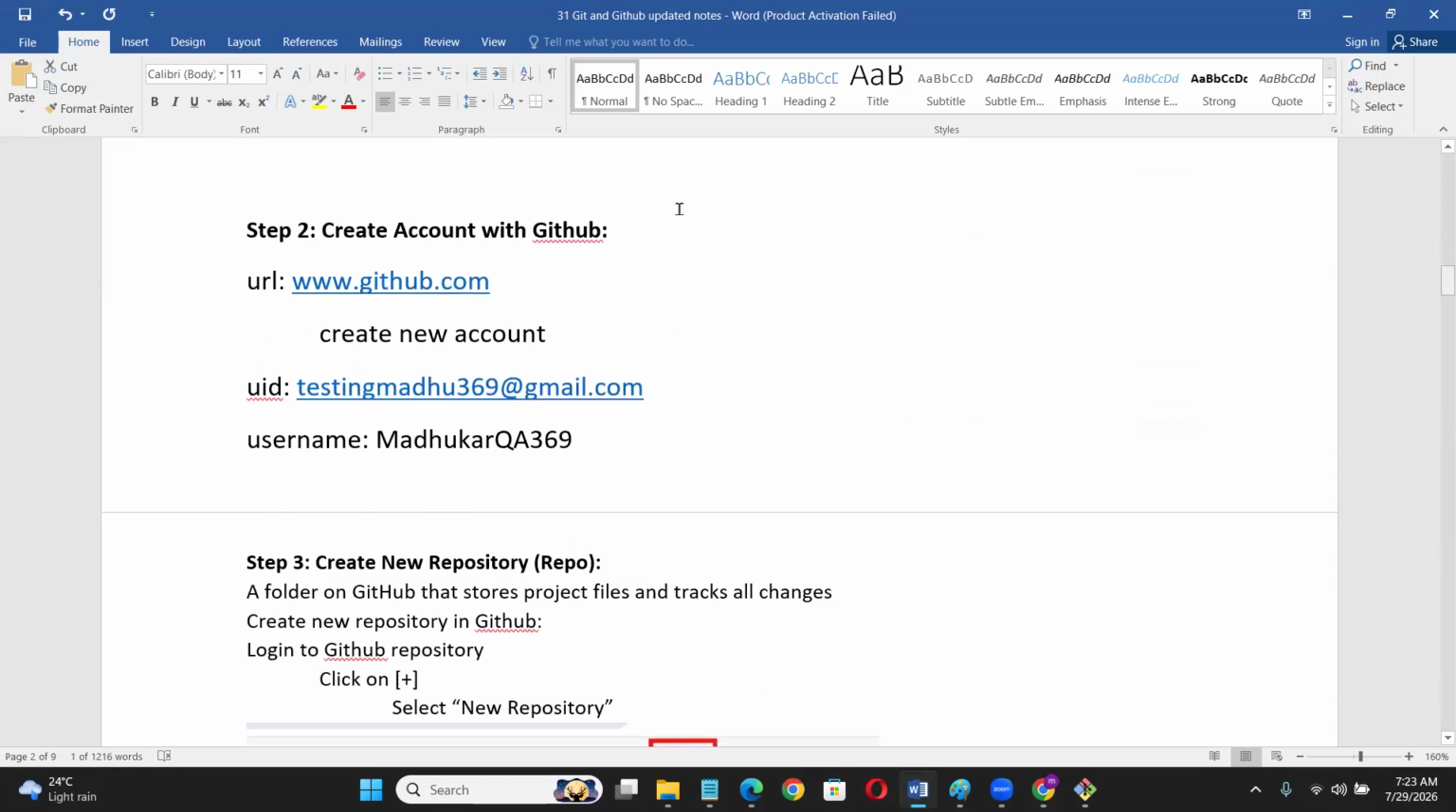Okay. Now, what is the next thing? I said you have to create the account with GitHub. This is the URL. You have to create the account using this URL. Okay. Now,